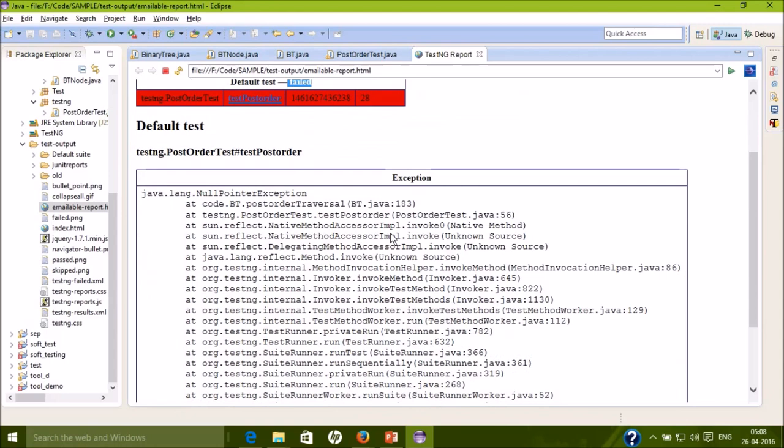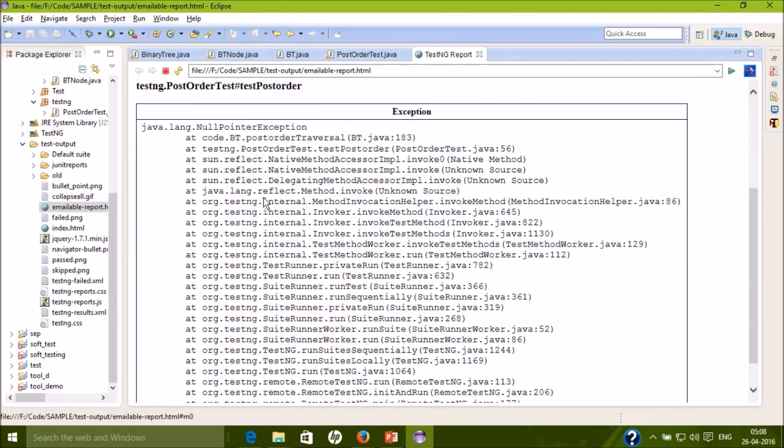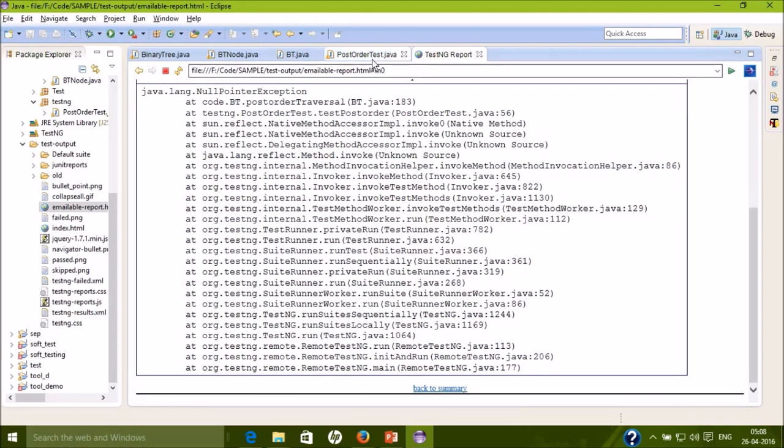When we click on this test post order, it shows what the error was, and as we can see, the error was a null pointer exception, at the post order traversal BT.java 183, at the 183rd line. So there's obviously some error in this code, so we need to figure it out.